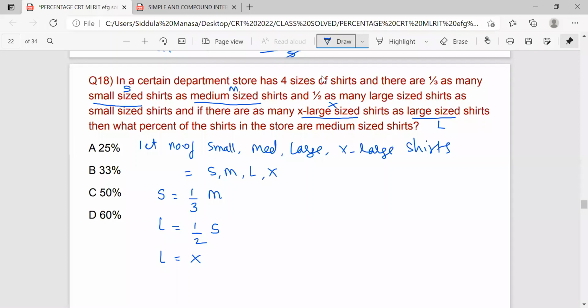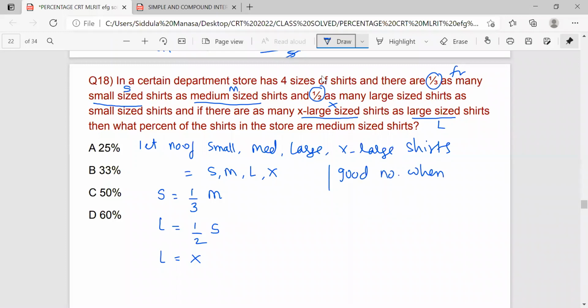If you know the good value for the medium sized sheds, automatically you will get the value for what? Small size sheds. If you know the small size sheds value, you will automatically know large as well as extra large. So we already discussed when you are having fractions in the questions. So good number